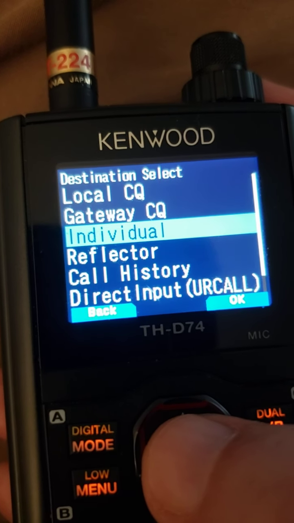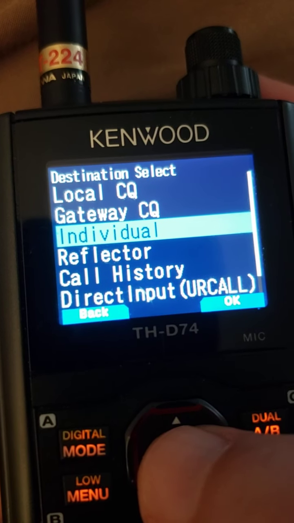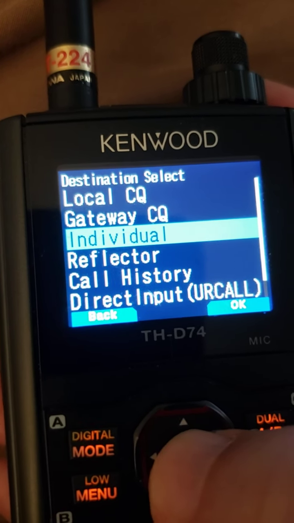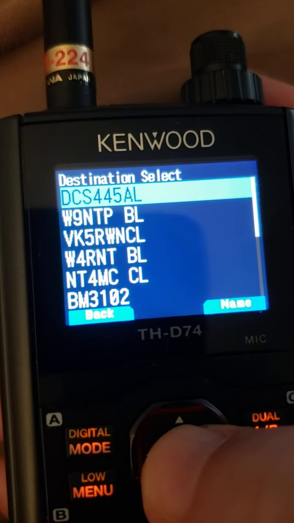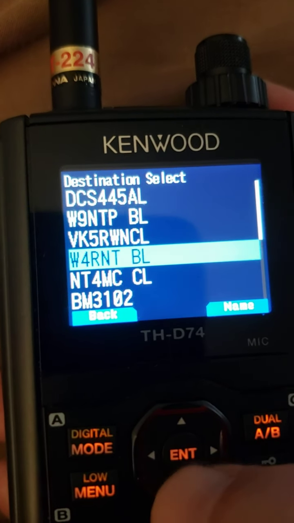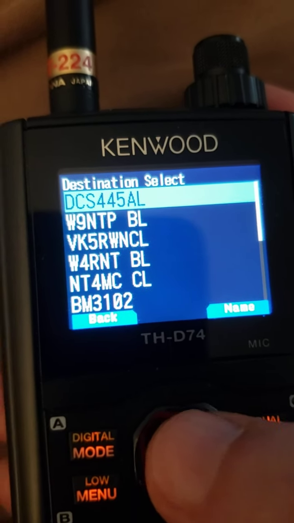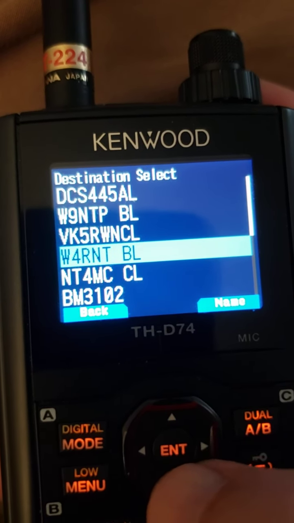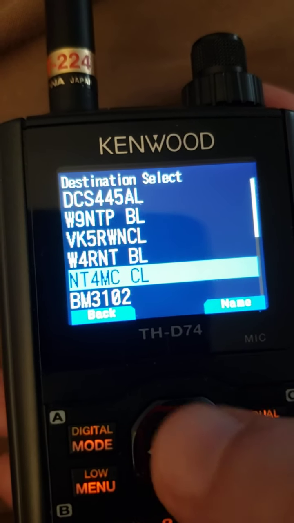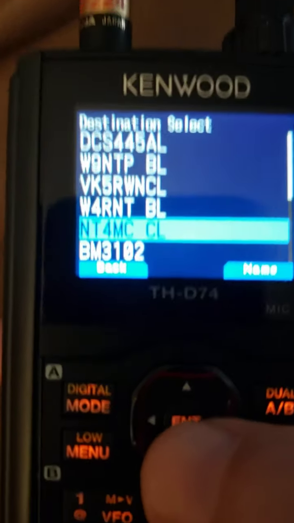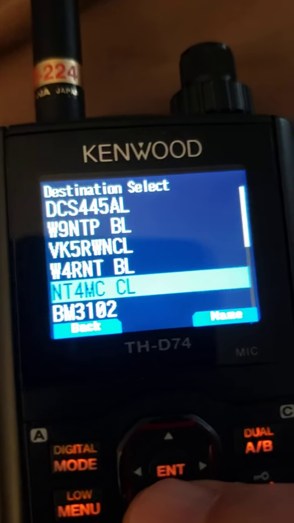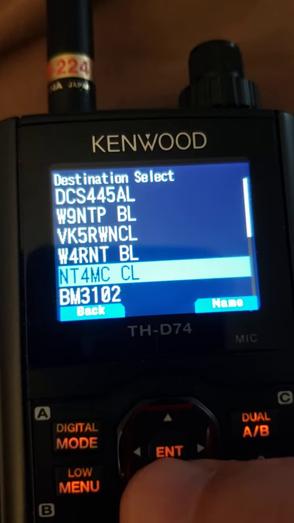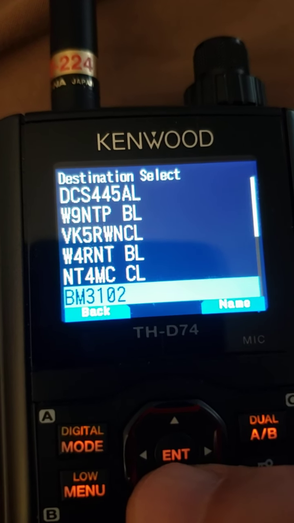Well, I've decided, and I believe many people besides me have decided, that you can also store special commands to do various links. You can store your favorite reflectors, maybe some link commands to some repeaters you'd like to QSO on. But I also stored the link commands for cross-moding from the D-Star radio to the other networks. I have a link command of